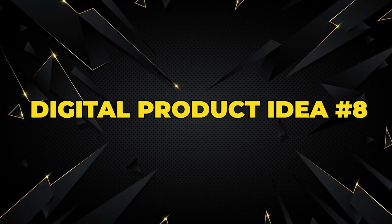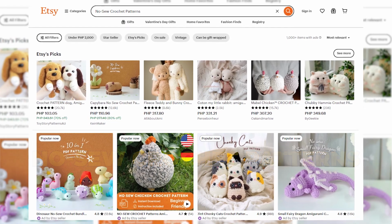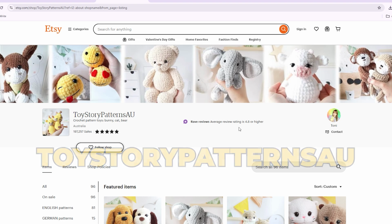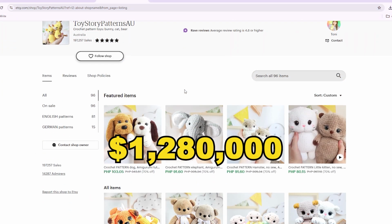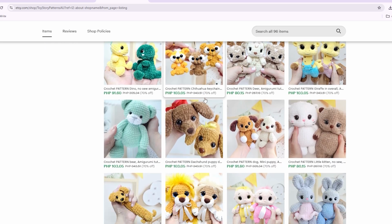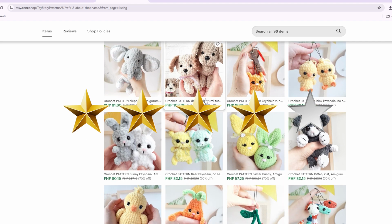Digital product idea number 8. Here's a twist: no-sew crochet patterns. This category has seen a surge in popularity. This top shop, Toy Store Patterns AU, makes a staggering $1,280,000 from selling cute animal crochet patterns. The high profit margins are appealing, but the difficulty level is a 4 out of 5 because it requires specialized